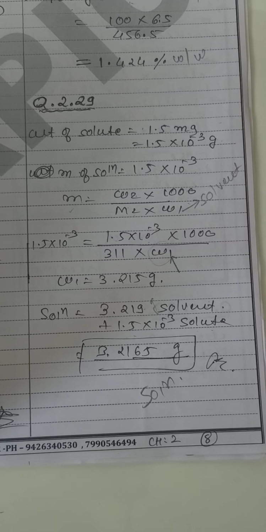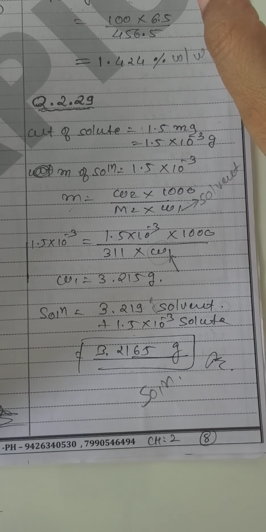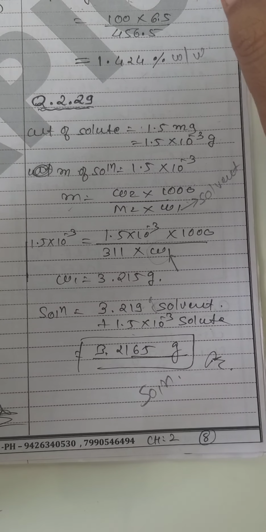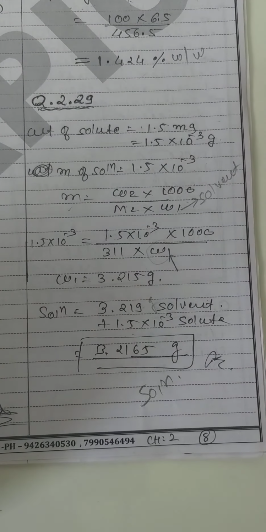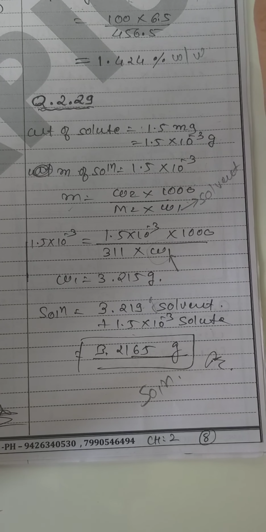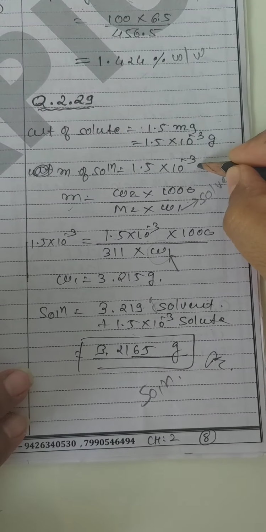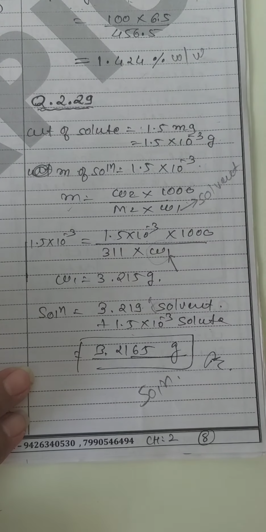Now see, when we are taking any medicine, it has a certain fixed concentration, and the dose is decided by the doctors. How much dose should be given to a person is decided weight-wise and age-wise. So here a concentration is given. The concentration is 1.5 into 10 power minus 3 molar. That concentration of the medicine is fixed. Now we want to find how much dose should be given.